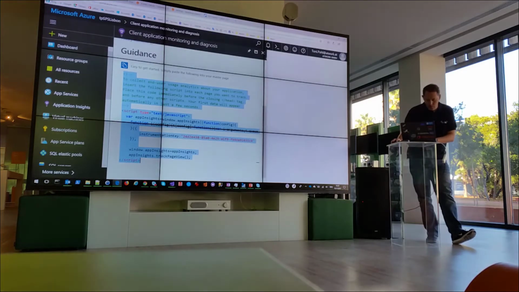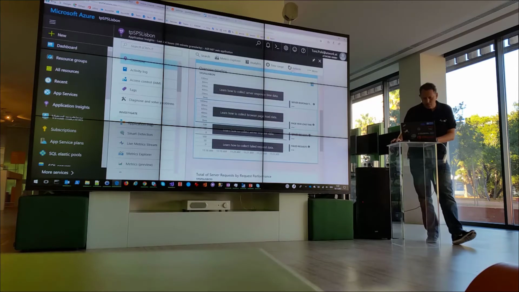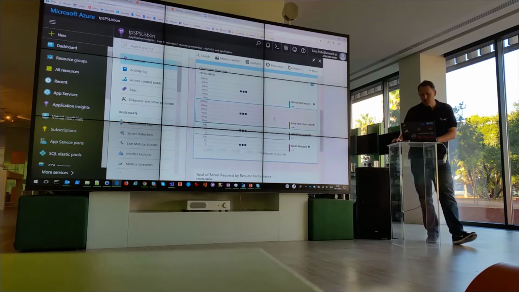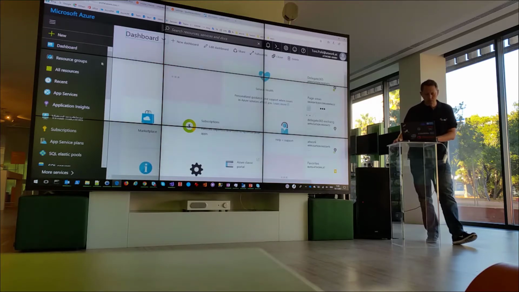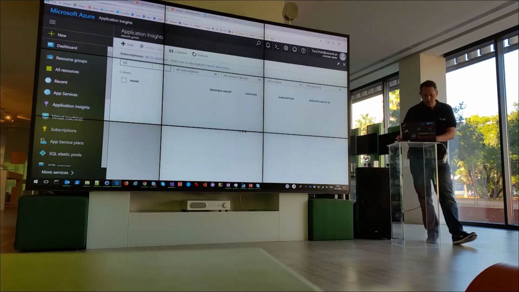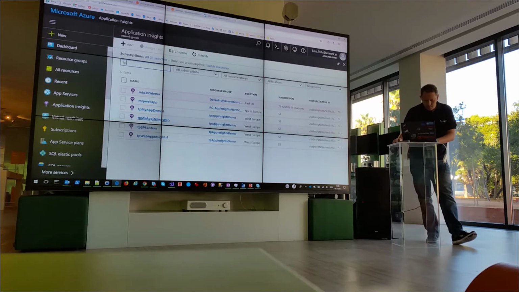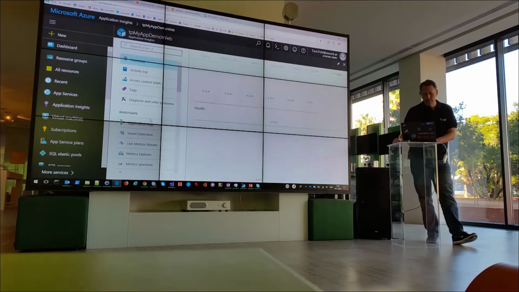So let's go back to our monitoring and refresh that. And let's see, usually it takes something like 1 to 2 minutes for the data to show up here. So let's look back maybe in 1 or 2 minutes, and we would see that the page loading view here shows data. So let's go back to my other existing resource to show you some data here. So let's go to Application Insights, TP, and I've added that application to my TP, my App Demo Web, that's the name of that. And the overview here shows me already some data,